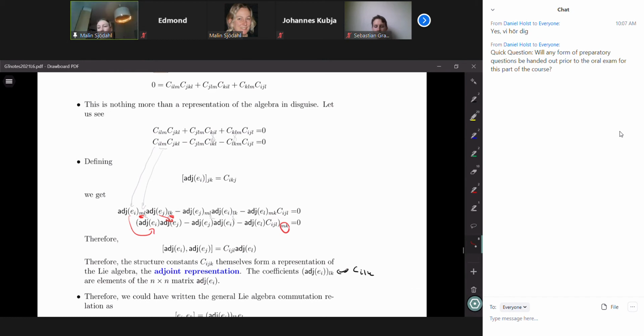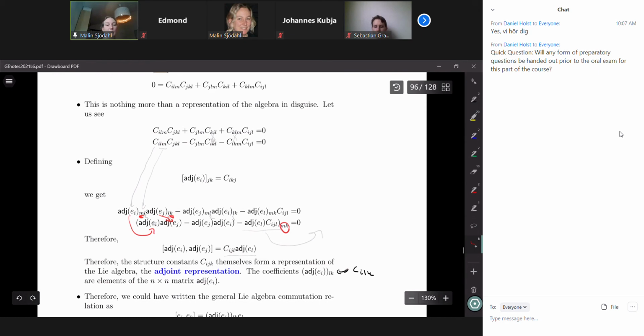So then what I do is that I take this term and I just move it to the other side. So it gives me this term down here. And I note that here I have the commutator between EI and EJ. So EI, EJ, minus EJ, EI. So this is just this commutator of which I take a component MK. And this term moved to the other side, I also take component MK, but now this should be true for all M and Ks. So it should be true at the level of a matrix equation, and not only for